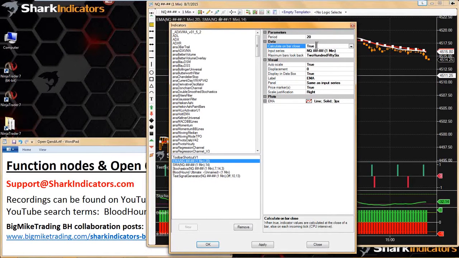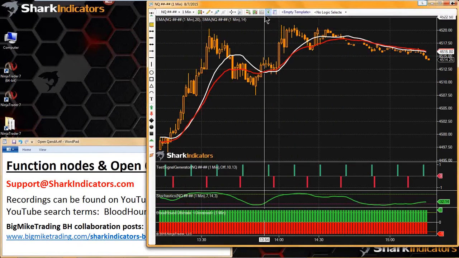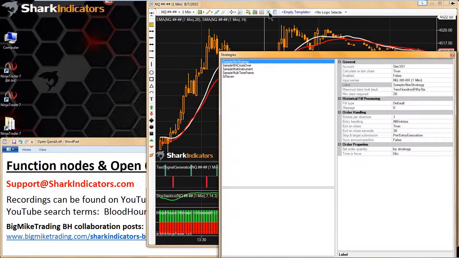So if you're wanting to wait until you get the opening price of a new bar, basically you have to have this set to false. But you have to have it set to false for your strategy. I'm just showing you in the indicator list, but really, you do mention Raven. Okay, so in Raven,